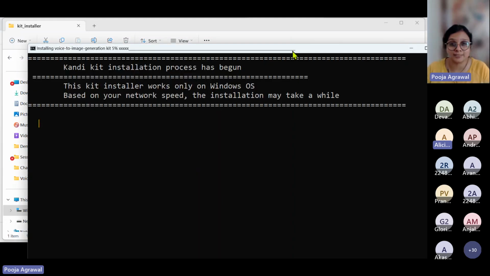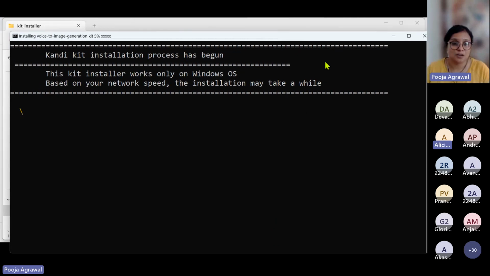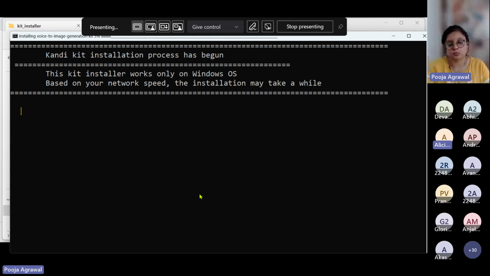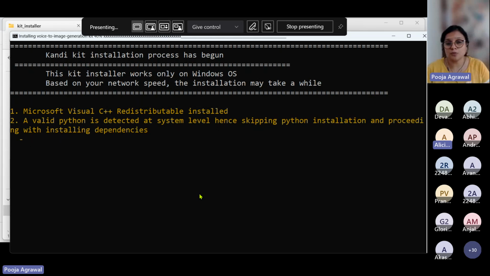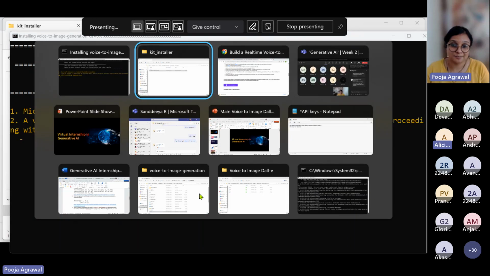Also, if your antivirus is activated, you may have to deactivate it while you set it up, because it tries to stop anything that executes on your system automatically. This is running automatically, so it may try to stop it, and that may also be a reason for your kit getting delayed in downloading. So for all of you who are installing it for the first time, go ahead and set this kit up on your systems.